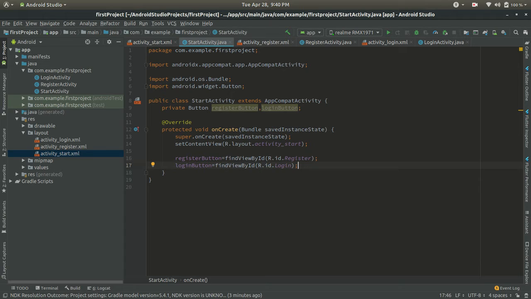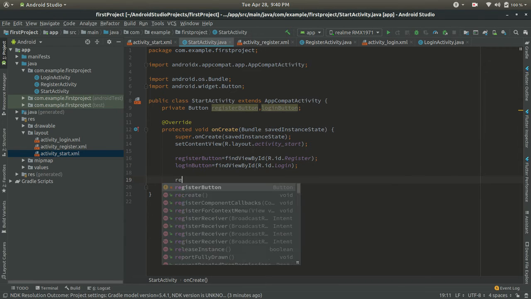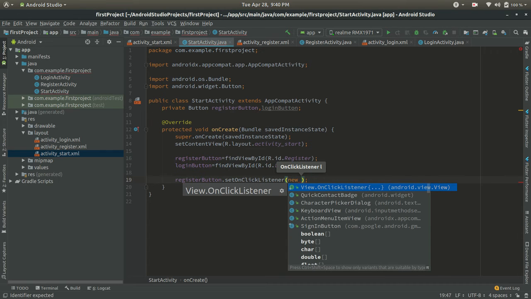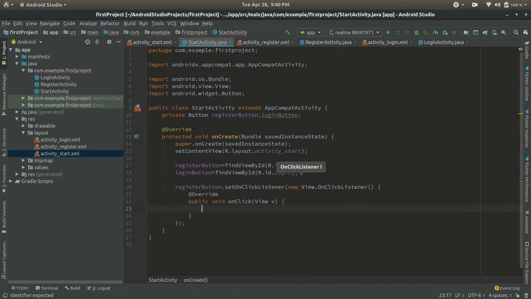So after that we will create an on-click listener for register and login button. So register button dot setOnClickListener, enter new View.OnClickListener.